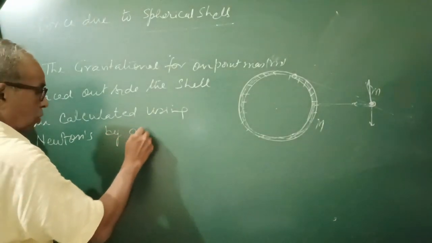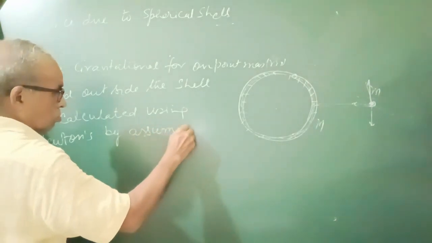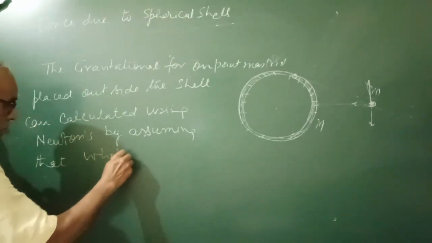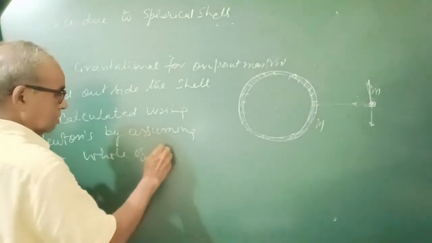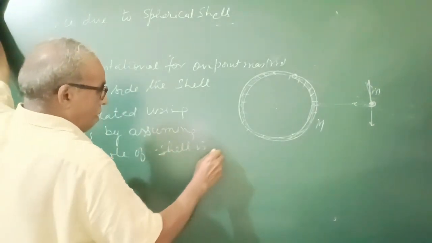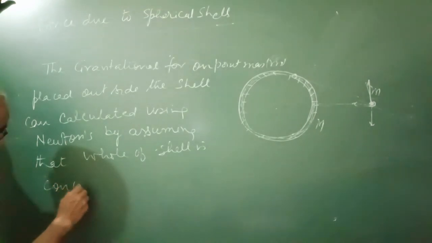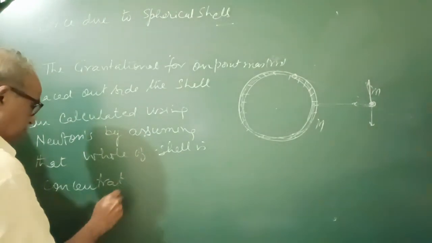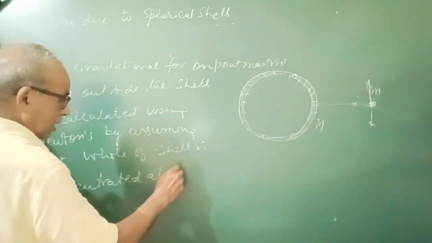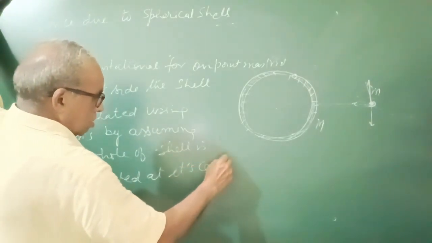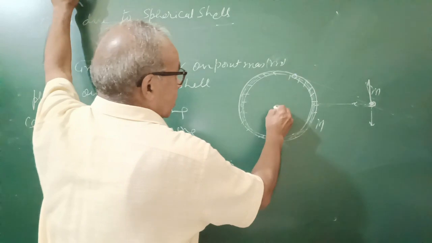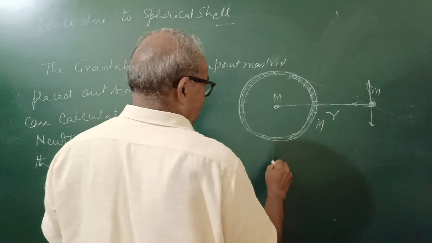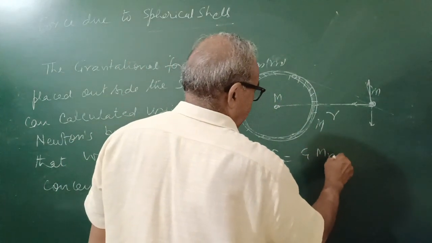By assuming that whole mass of cell is concentrated at its center। यानी कि अगर ये सेंटर है और ये डिस्टेंस यहाँ से यहाँ तक r है, this mass I am supposed to be here and that force will be dm upon r square।